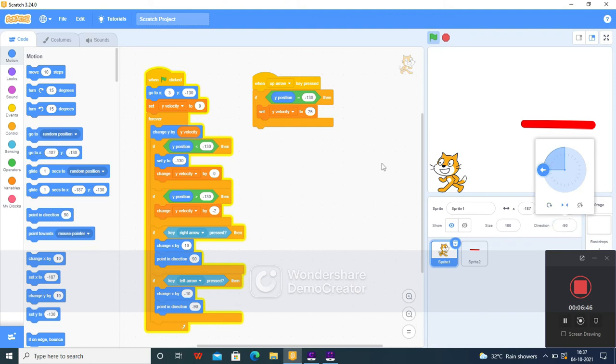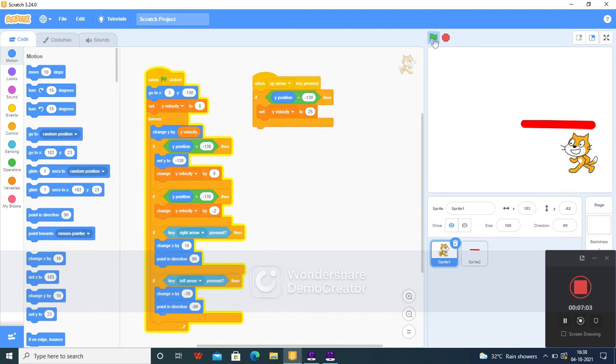If you click on the left arrow, it will go like that, and the right arrow this way. Now you can see that it is just jumping, directly jumping but not standing there, right?